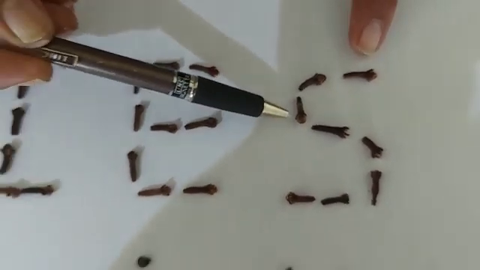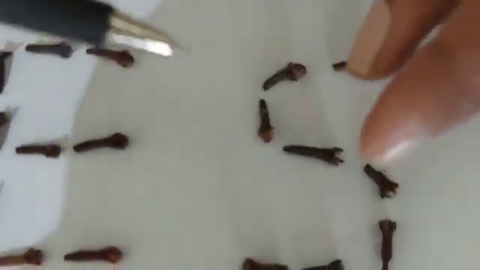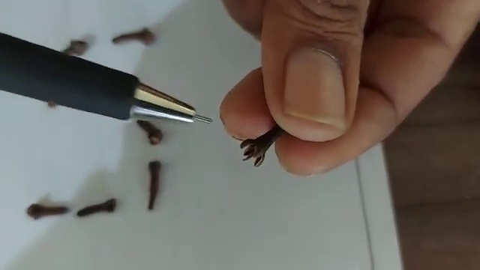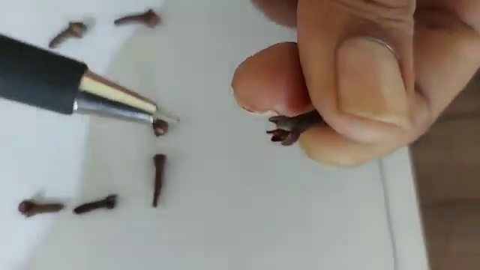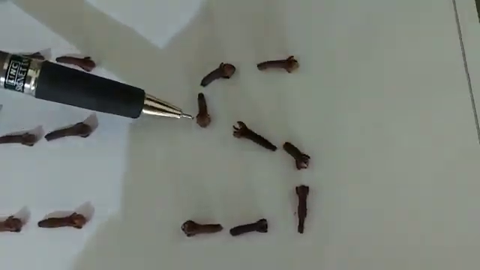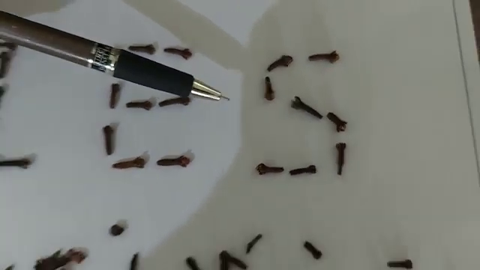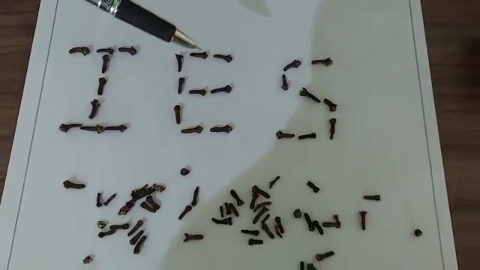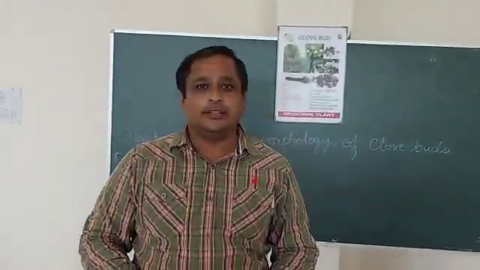Okay, it also contains calyx, which are 4 thick sepals. You can see it very clearly in this, that it contains 4 thick calyx. Okay, and on the top of it, it contains the corolla, and it is also known as the head. Now if we move on to the taste of it, it is pungent and aromatic, and the odor is aromatic spicy. So friends, how do you like this clove bud?